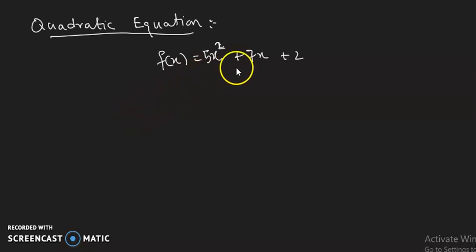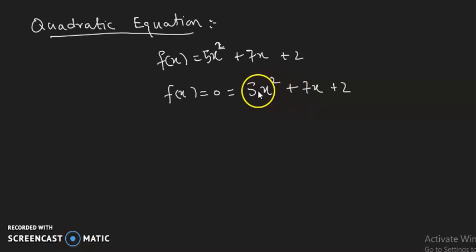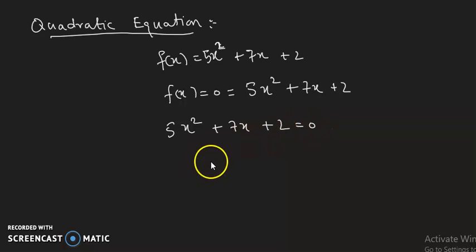So what are those values for which this function f(x) is 0? In order to find those values, we need the quadratic function. If f(x) is equal to 0, it means 5x squared + 7x + 2 = 0. It becomes a quadratic equation, 5x squared + 7x + 2 equals 0. In order to solve this quadratic equation,